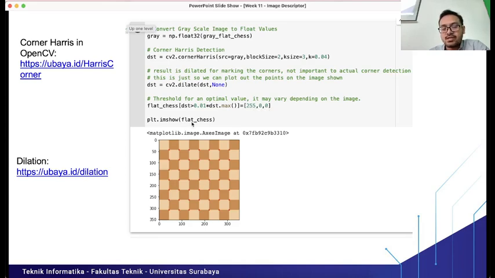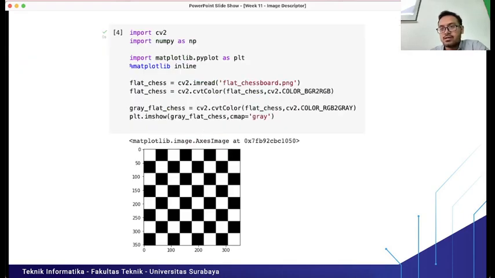Then we show the image. You don't need to worry about this code, you can just implement it first, then we will see the result.